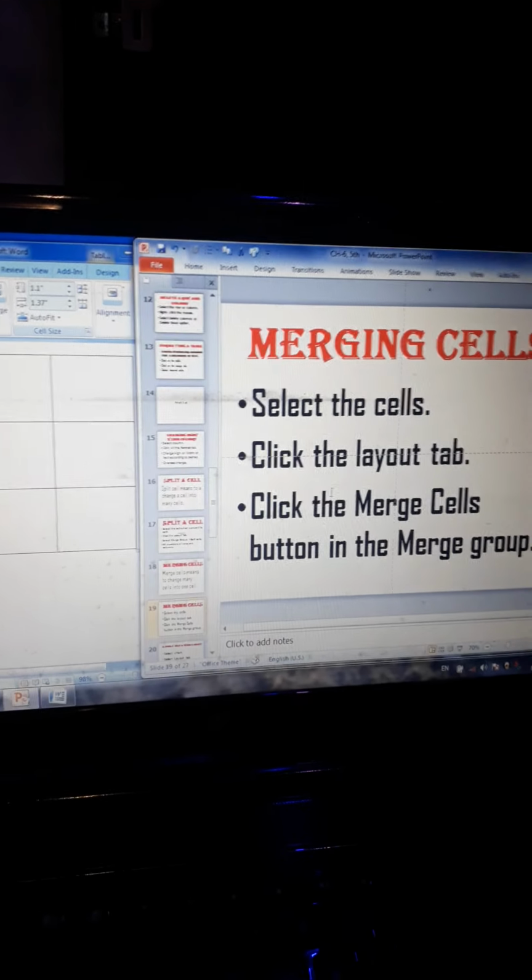You can see this is the merge group, and then we have to select the merge cell option. You can see here is given. Okay, so simply we have to click here, and you can see the changes. All our data is merged into one cell.